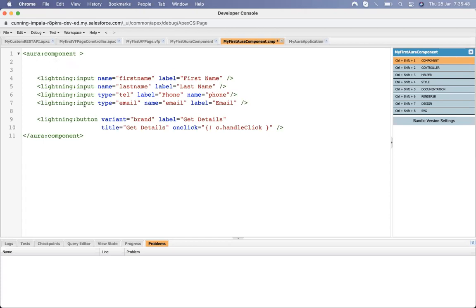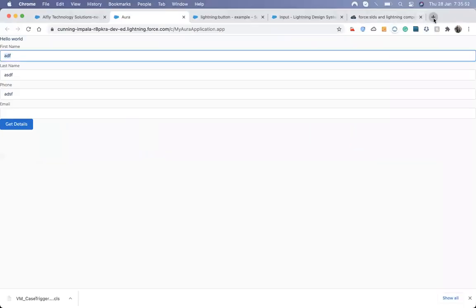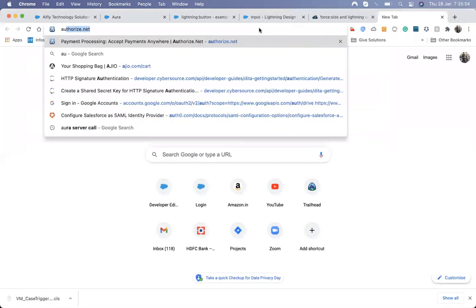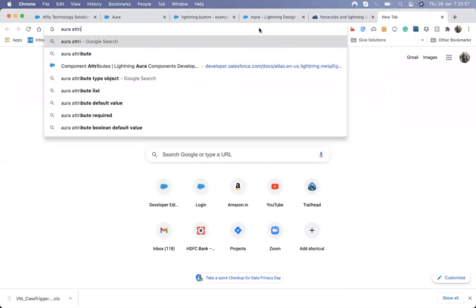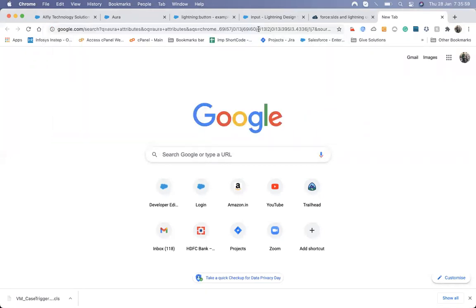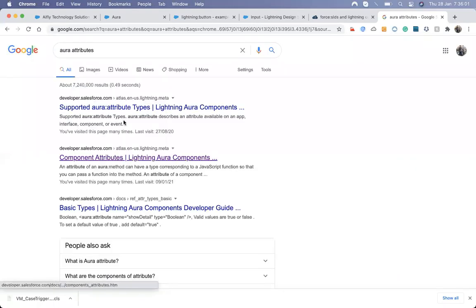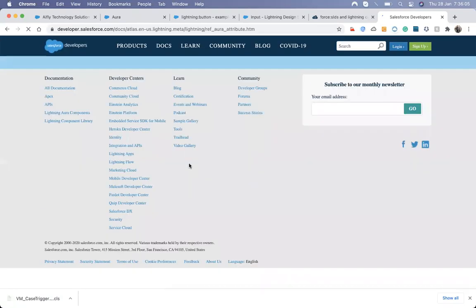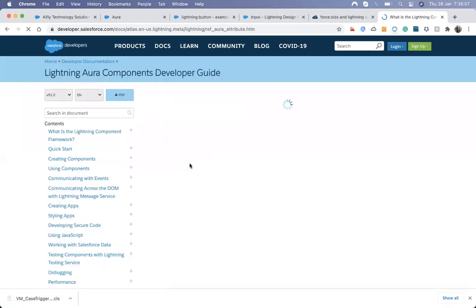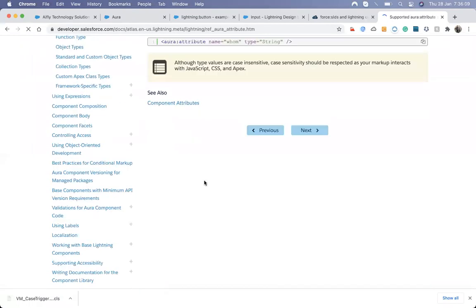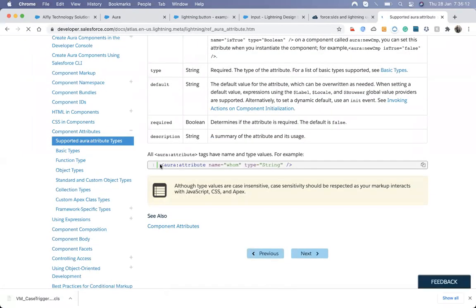For declaring a variable inside a component, we have something called aura attributes. Here, how we declare an aura attribute.